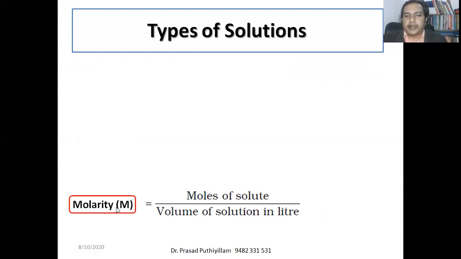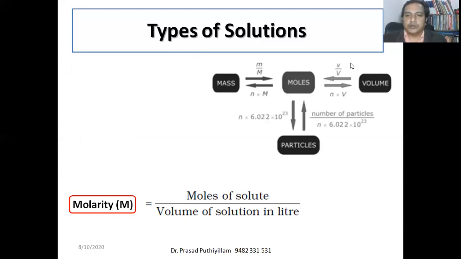Next one, that is molarity. Molarity is the number of moles of solute upon volume of solution in liter. Not so complicated. Again, the number of moles came, that's why I took this presentation picture here. How can we calculate the number of moles of solute? Example: 5 gram of sodium hydroxide is dissolved in 450 milliliter of water. By this equation, the volume of solution should be in liter, but in this particular example it is given in milliliter. We can convert milliliter to liter very easily.